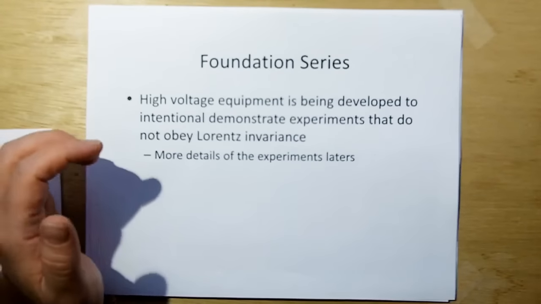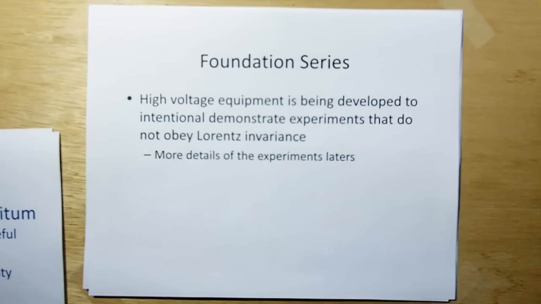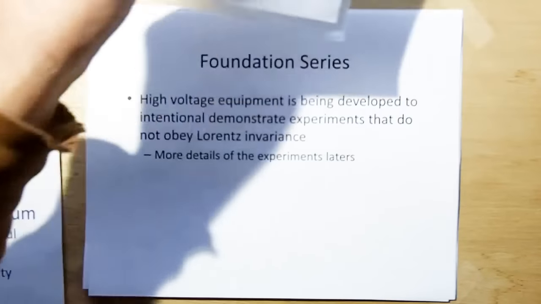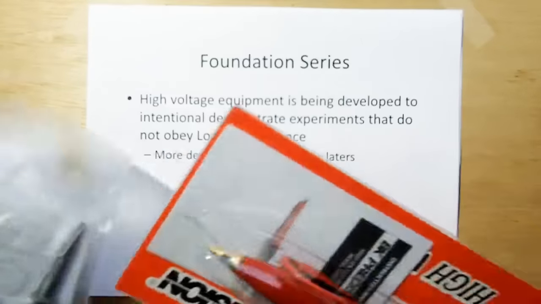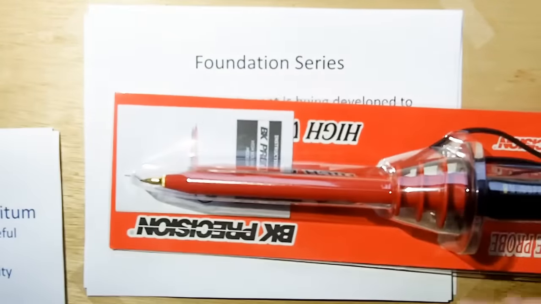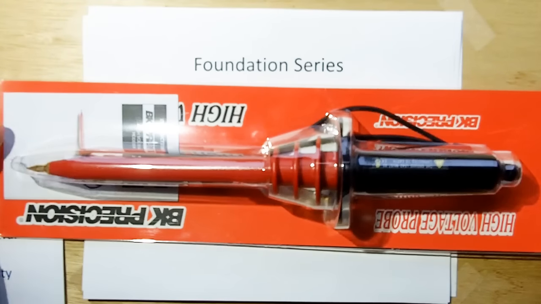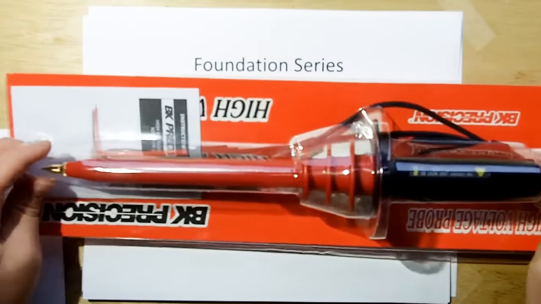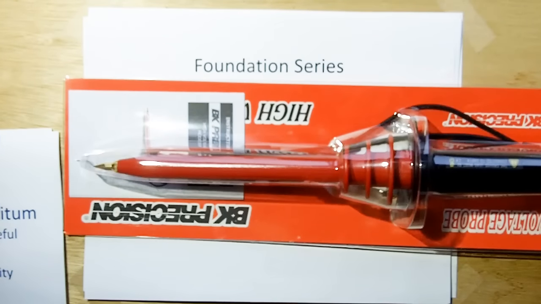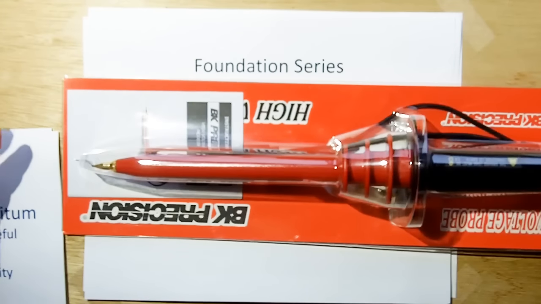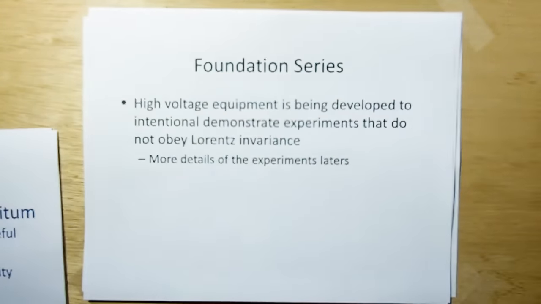I did find, now what's funny is I did order a high voltage DMM probe, and the picture looked like it was the same size as this, but when I got it, I'm like, holy crap, I didn't realize it was that big. But it makes sense. This is for 40,000 volts. It's a little bit too big for what I need, but I'm going to hold on to it in case I need it. It makes sense because 40,000 volts at 1 inch per 5,000 volts, that's 8 inches. So 8 inches of protection against arc is what you're going to need. So it makes sense that it's this big. I should have thought of that when I purchased it.